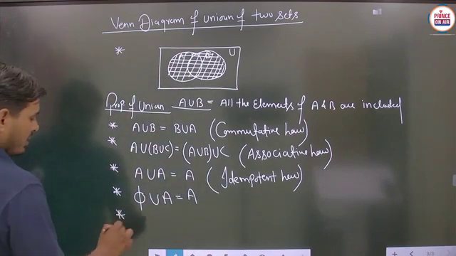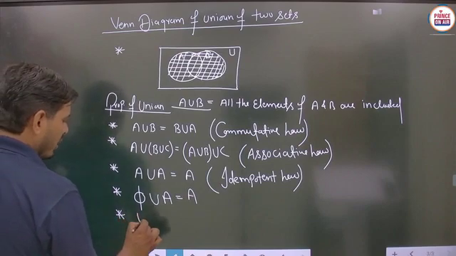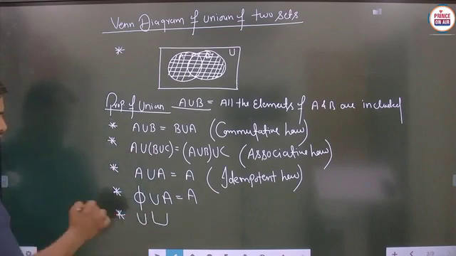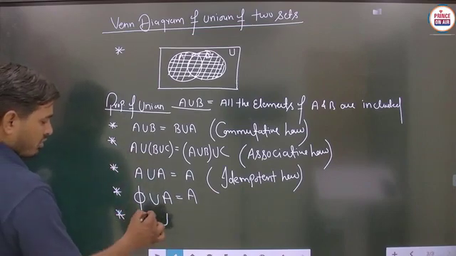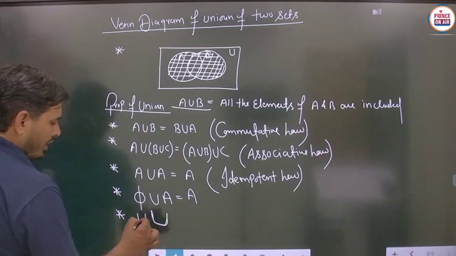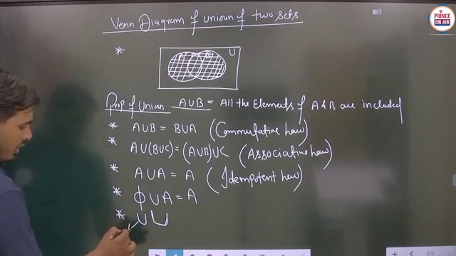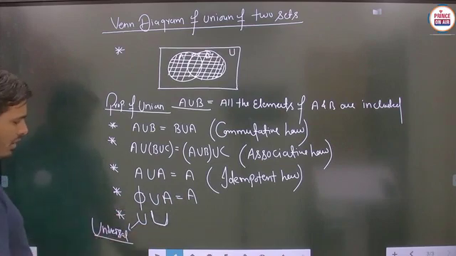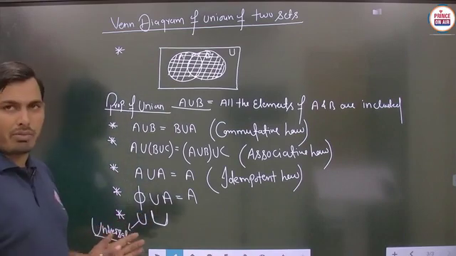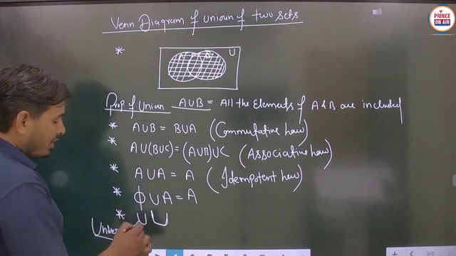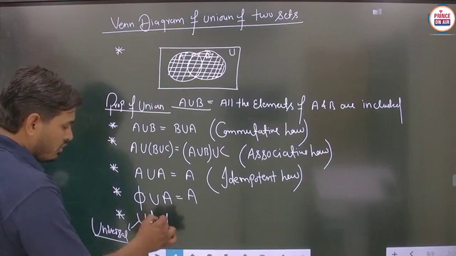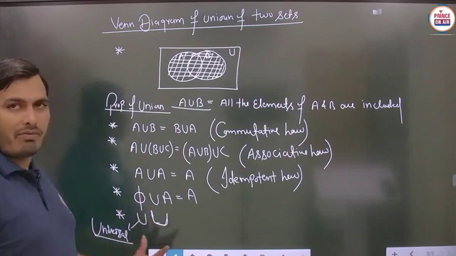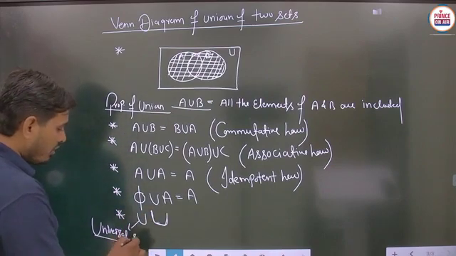The next property says that suppose we are taking any universal set and we are taking the union. The basic difference between the union symbol and the universal set symbol is some width here. This is the union symbol, and this is the universal set. You can represent it like this. Is it to be clear? Otherwise there can be some confusion between these two symbols sometimes, so we have to keep the difference between them. Here some width will be there between these two lines. So this symbol is treated as the union symbol, and this particular English alphabet U is said to be the universal set.